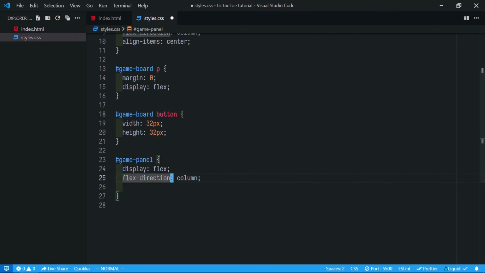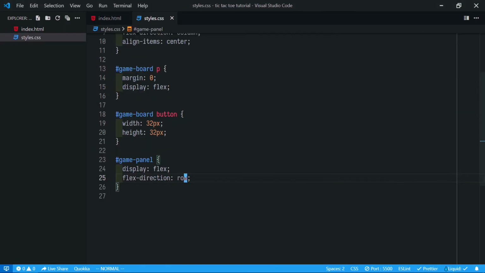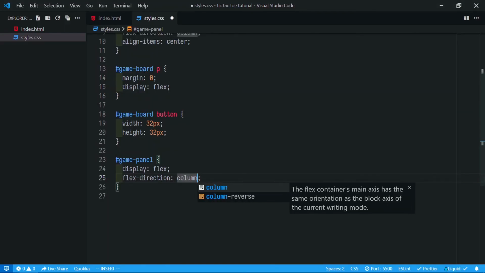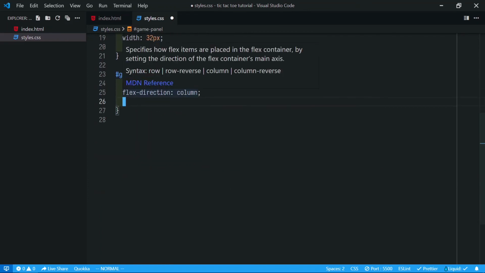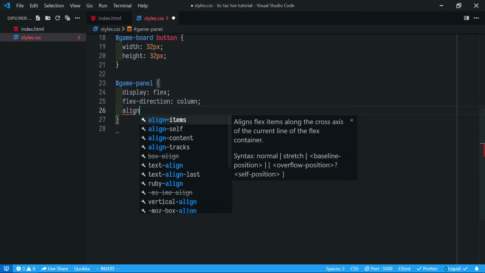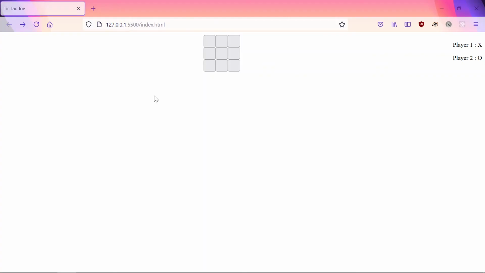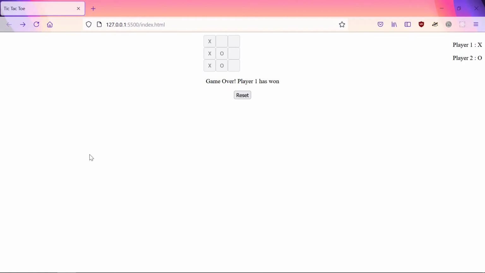By default the flex direction is row, so that everything flows in the row, but we want it to be column. And let's align items to the center. It's not working. Game panel, okay, the name, yes, it's in the center.